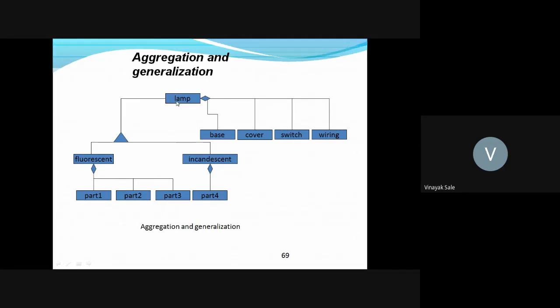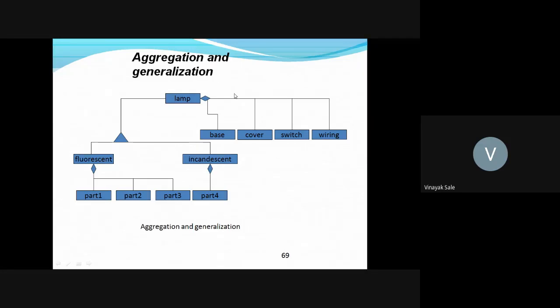Aggregation is denoted by a small diamond, whereas generalization is denoted by a small triangle. Aggregation is a part-of relationship, whereas generalization is a kind-of or is-a relationship.